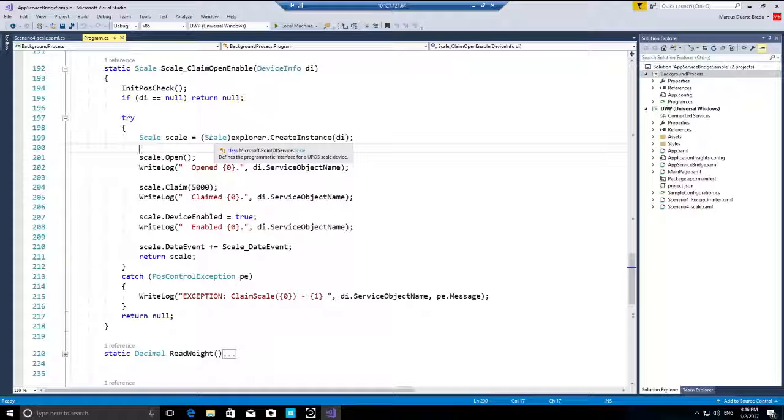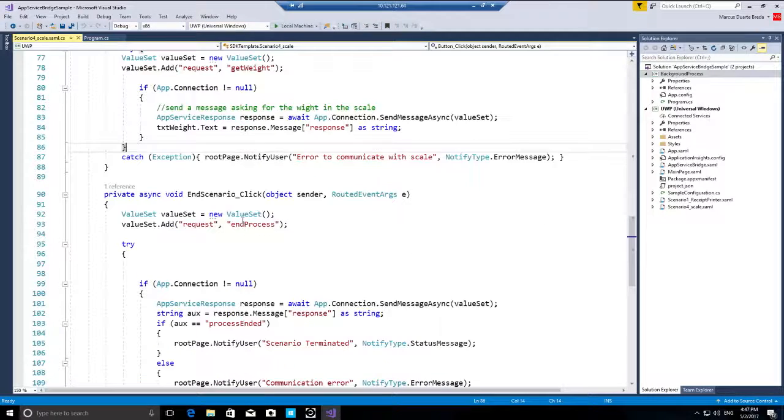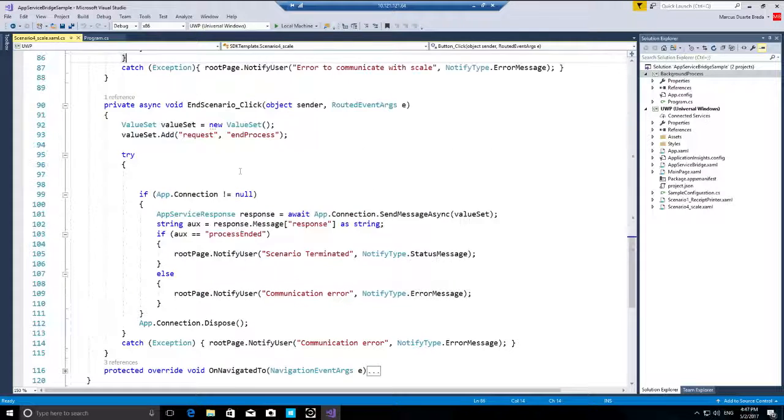Right? If we look on the UWP side, we can see that it's very, very simple. We are just sending messages to the Win32 process and saying, do that action. And we are handling the message on the Win32 side and saying, I'm doing this, and getting back the results, because sometimes we might have a concurrency issue or something that prevents the access, so we treat those possible errors. And then we keep a message flowing between one process and another when we want to have access to